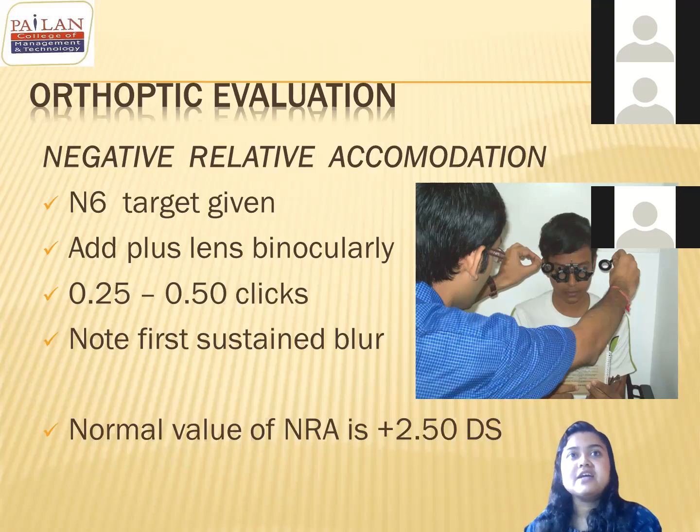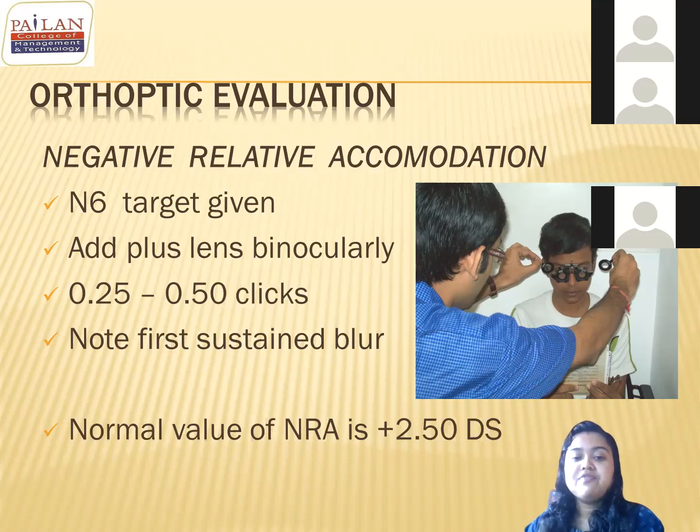It can happen if the refraction is wrong, meaning if the objective and subjective refraction is wrong, then you can get a lesser amount of NRA. And the NRA test is always done on the corrective glasses of the patient. If the patient is having +1 in both eyes, keep that corrective glasses in the trial frame, and over that you do the NRA test. If you get a lesser value of NRA, that means the patient cannot relax accommodation to the adequate amount, or else you have not prescribed the full plus. That means the patient is having some amount of latent hypermetropia, that you have not done your retinoscopy properly and not prescribed the patient.